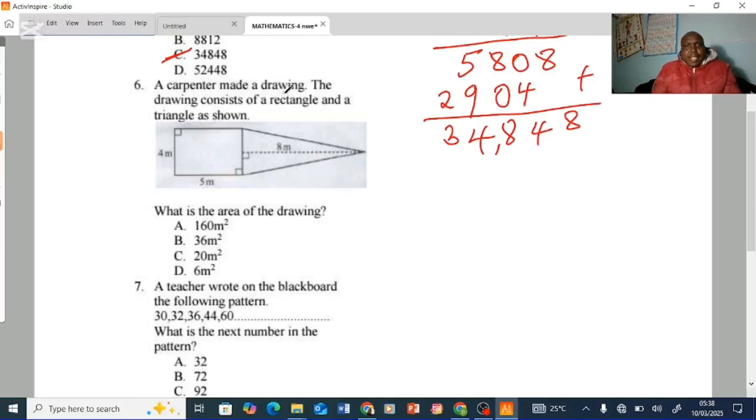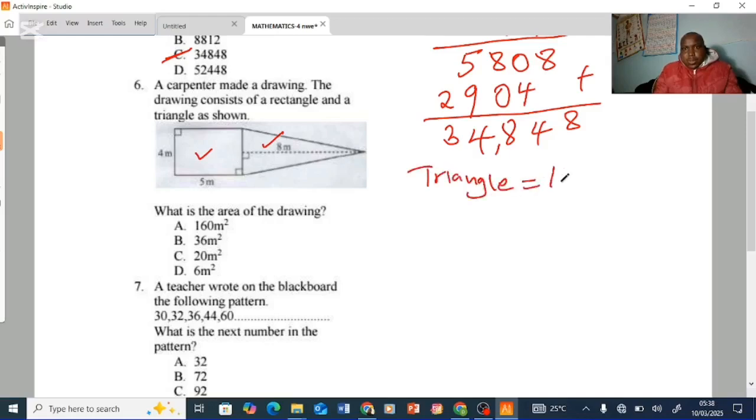The carpenter made a figure of this. What is the area of this? You can see this one is a rectangle and this one is a triangle. So you calculate the area of the triangle, calculate the area of the rectangle, and then add. So area of a triangle